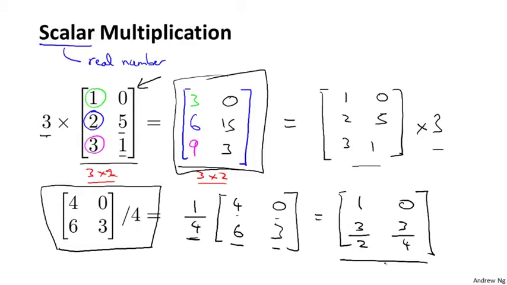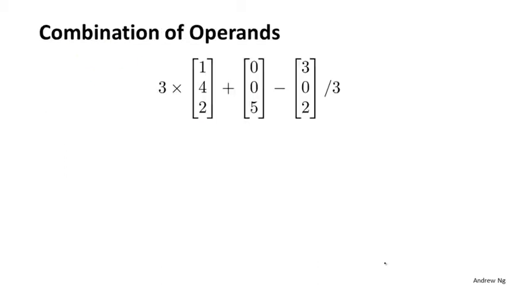Finally, for a slightly more complicated example, you can also take these operations and combine them together. So in this calculation, I have 3 times a vector plus a vector minus another vector divided by 3. Just to make sure we know what these are: this multiplication is an example of scalar multiplication, because I'm taking 3 and multiplying it. And this is another scalar multiplication, or I guess scalar division. This really just means 1/3 times this. And so if we evaluate